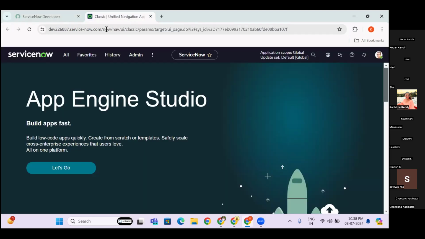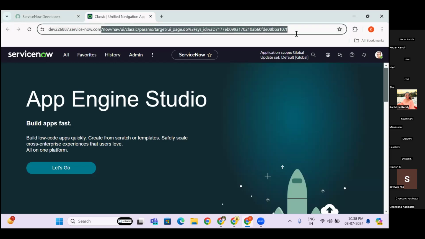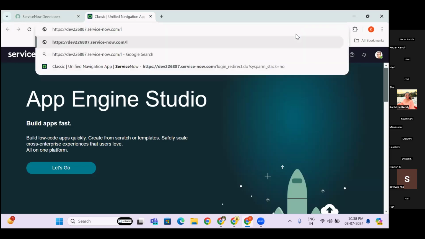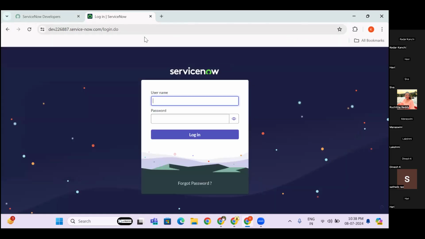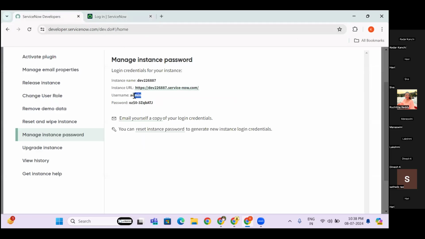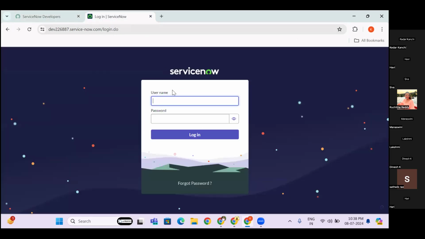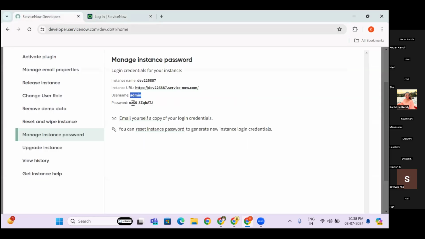Whenever you don't have access, you can just go here, click on login.do, and then directly paste the username